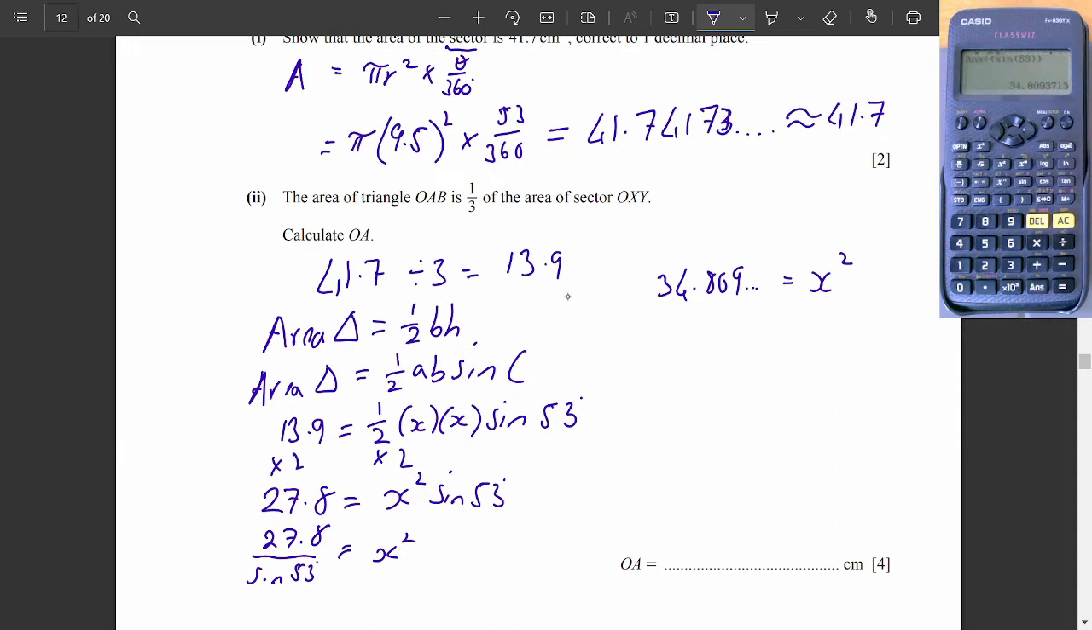Almost there. Just get rid of the square. So we square root our previous answer, and that will give us the answer. So we put square root, press the answer button, and insert the previous answer into our calculator. Press equals, and there we go. So we get x equals